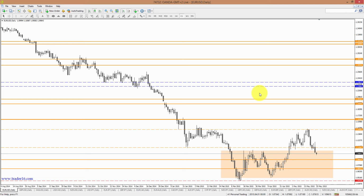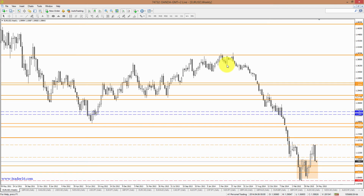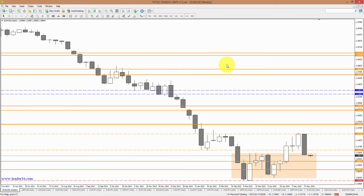What we have in front of us is the euro dollar chart. As you can see, this is the daily time frame. The reason I want to do a video is because there are some interesting chart patterns getting developed on this pair. Let's have a look at the weekly, and if I just zoom in, you can see